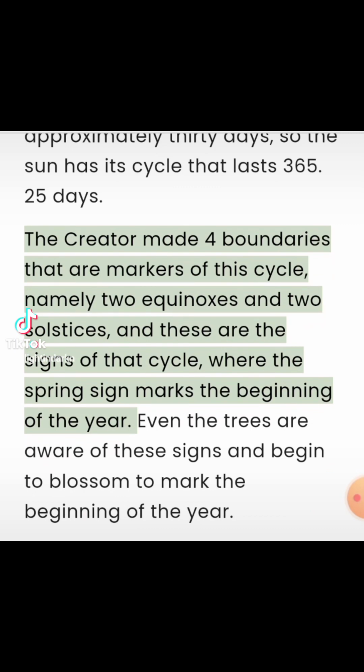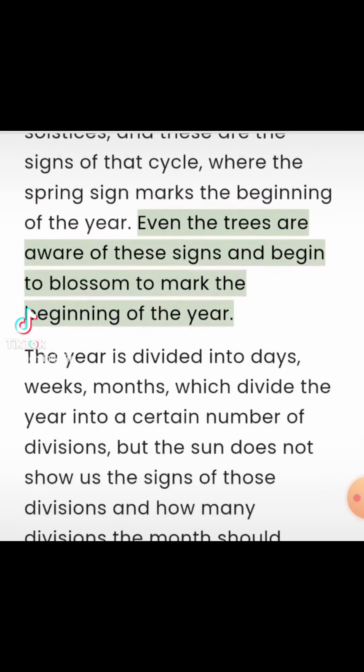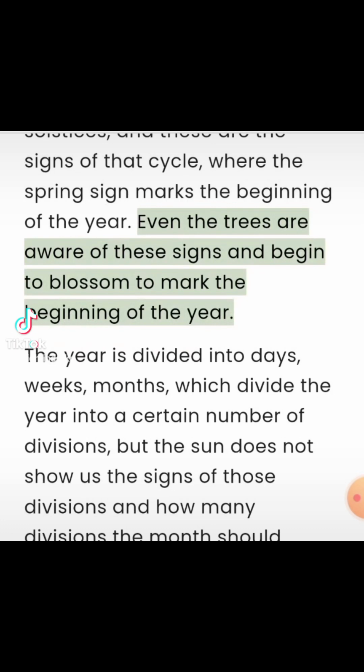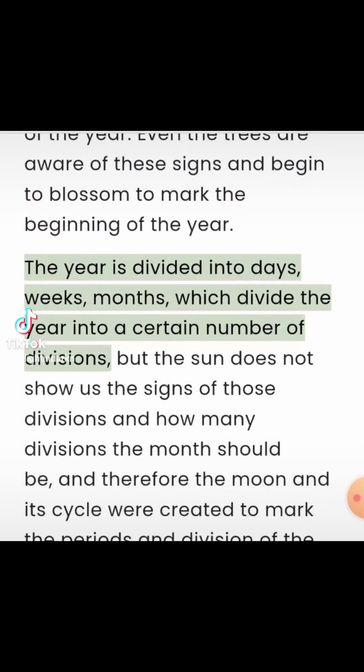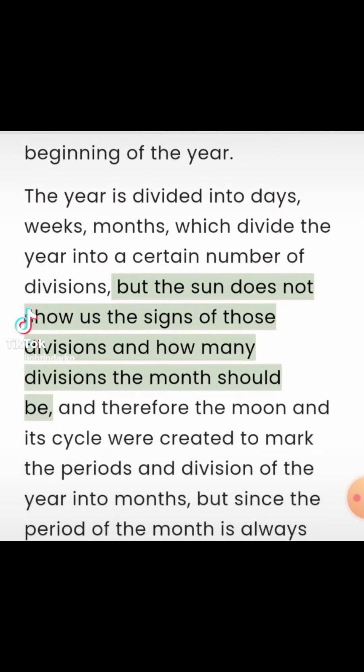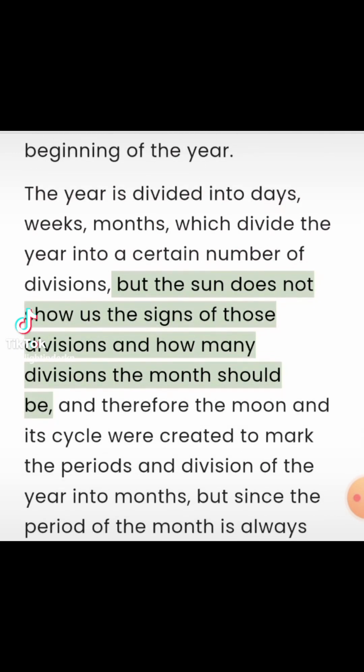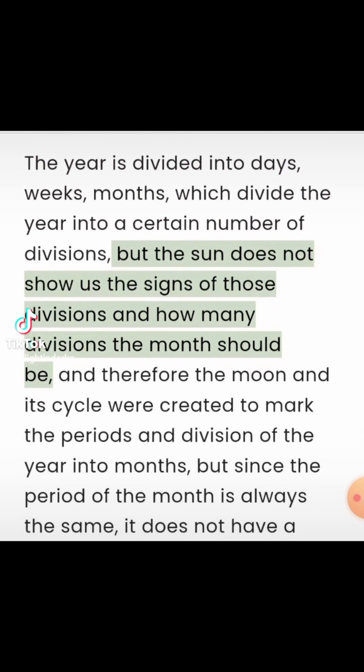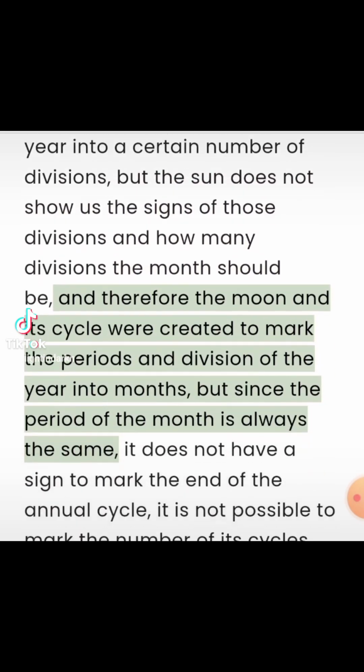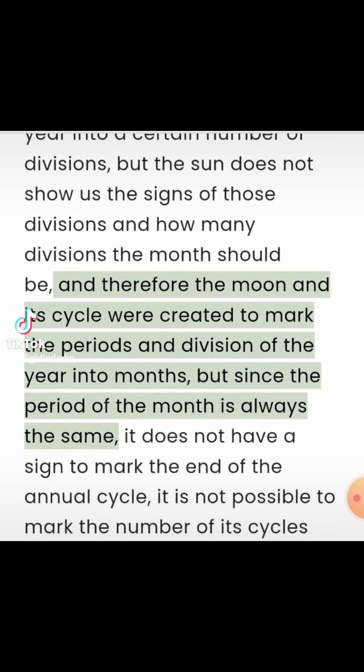these are the signs of that cycle, where the spring sign marks the beginning of the year. Even the trees are aware of these signs and begin to blossom to mark the beginning of the year. The year is divided into days, weeks, months, which divide the year into a certain number of divisions. But the sun does not show us the signs of those divisions and how many divisions the month should be. And therefore the moon and its cycle were created to mark the periods and division of the year into months,